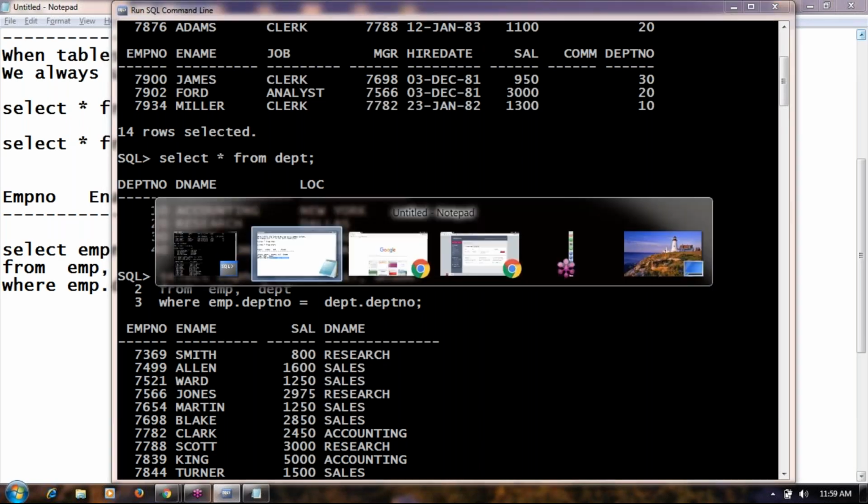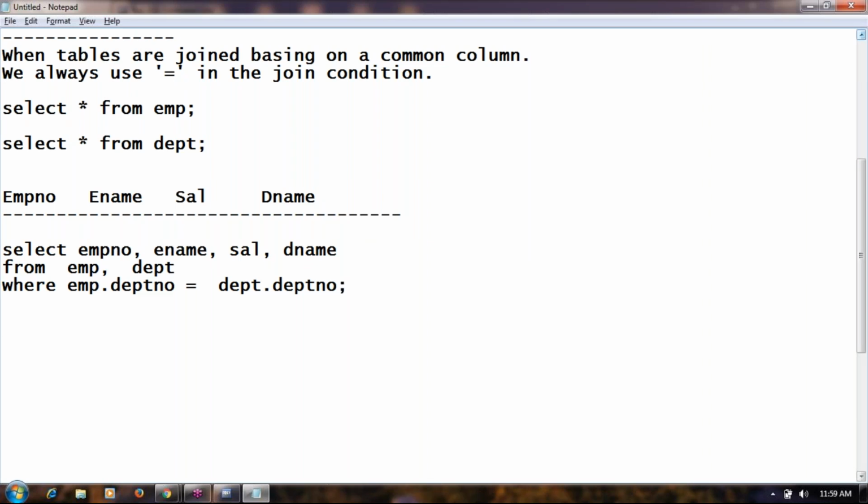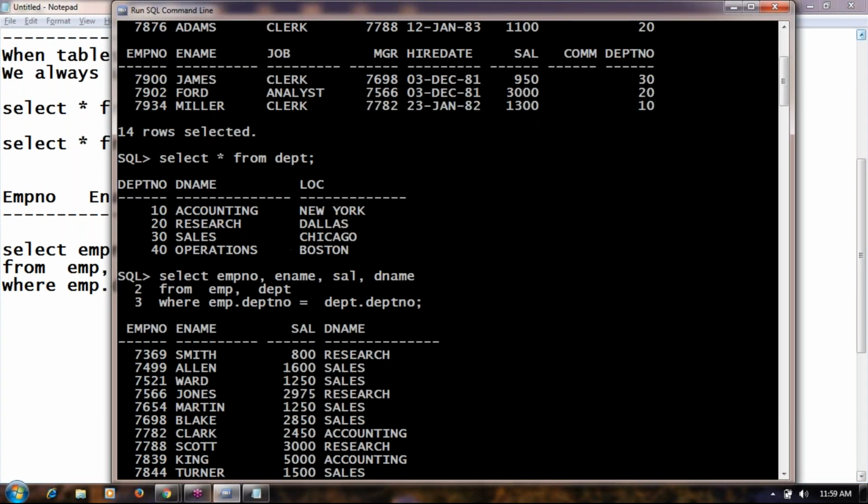Shall we go with the next example? That means if there is a common column on two tables, you will be able to query them in a single query, right? Could you please repeat? Yes, there should be a common column between the two tables so that you can join the two tables and get the data you want.